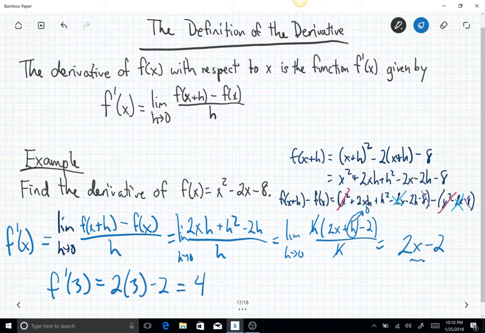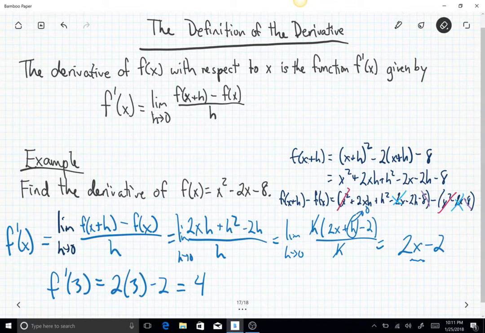Notice it equals 4. Now, rather than going through a whole other calculation, I could ask you for the slope of the tangent line at x equals 7. I could just plug 7 into that derivative equation and I have the slope of that tangent line. So that's the beauty of this stuff. Now on top of that though,